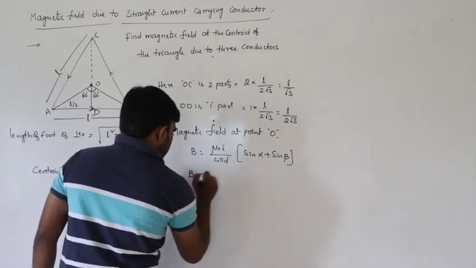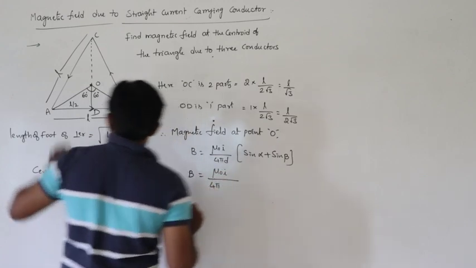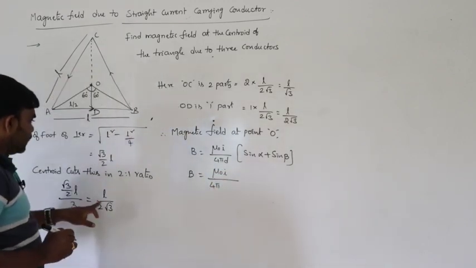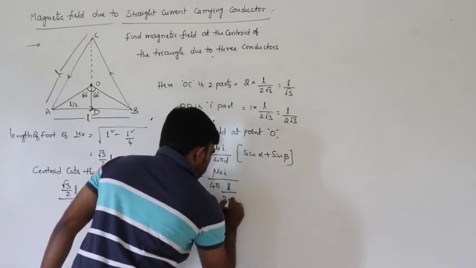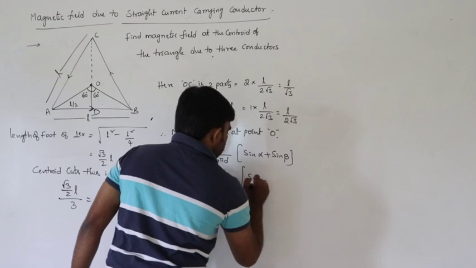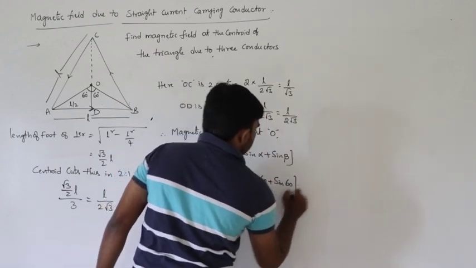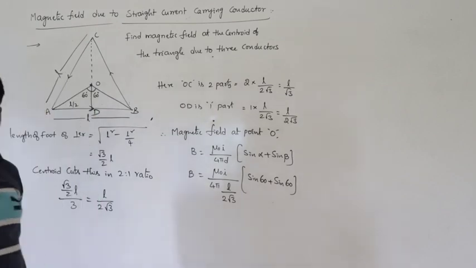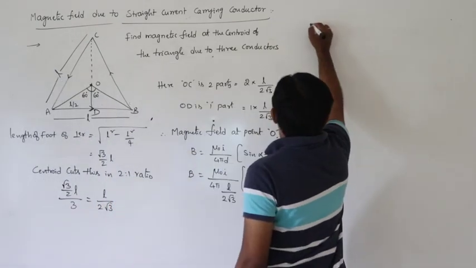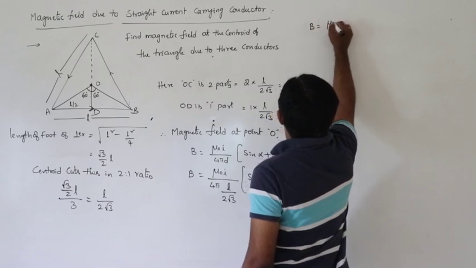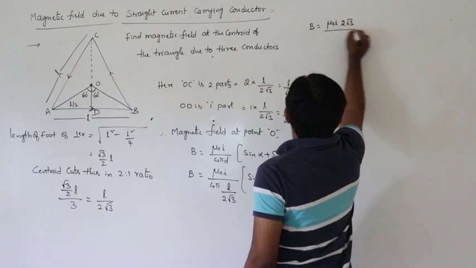So here B can be written as mu naught I by 4 pi, what is the d value OD? L by 2 root 3, into sin 60 plus sin 60. So therefore B is equal to mu naught I into 2 root 3 divided by 4 pi L into,